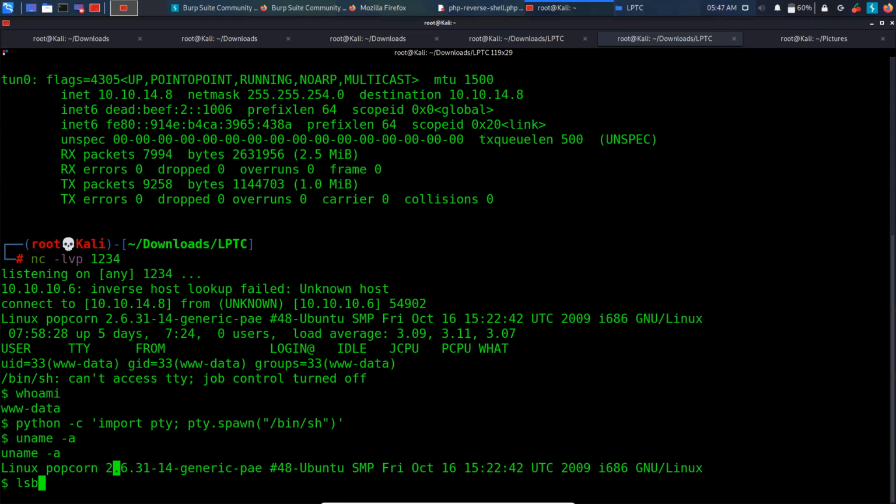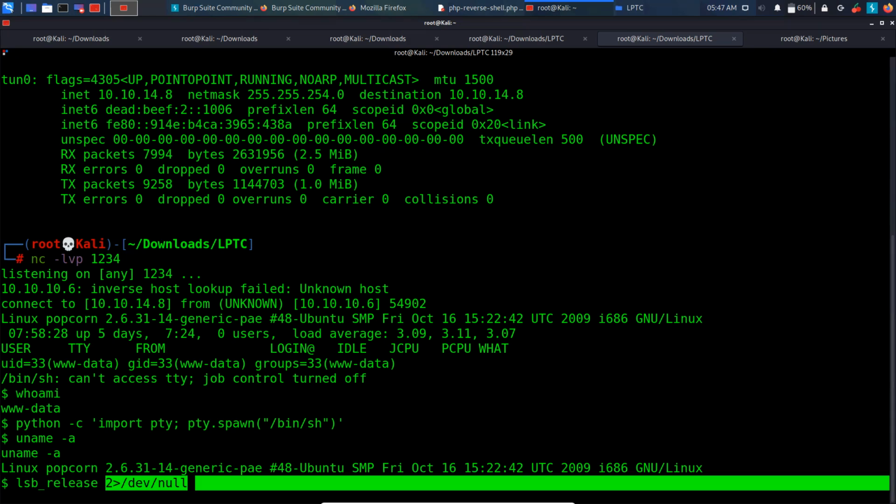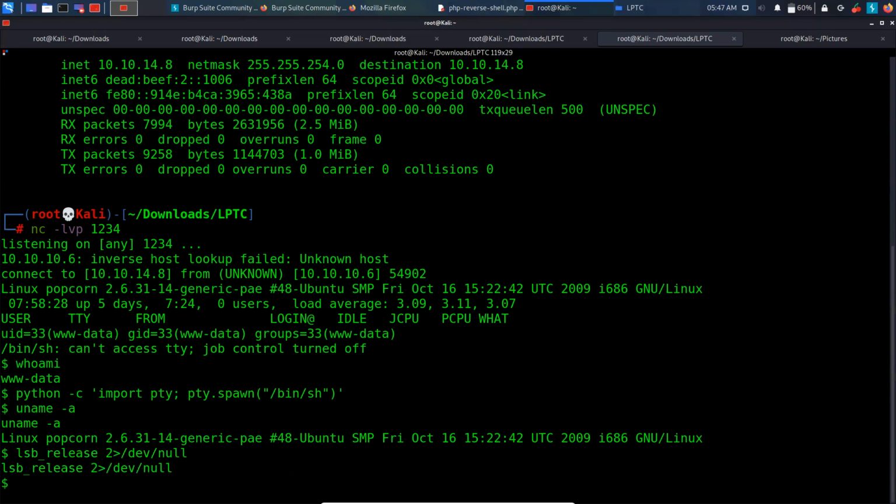So lsb_release, and basically the command is only this, and this 2>/dev/null we always add to redirect the errors. So when we type this, the errors won't be shown on our screen. Okay, we just need to give -a as well.